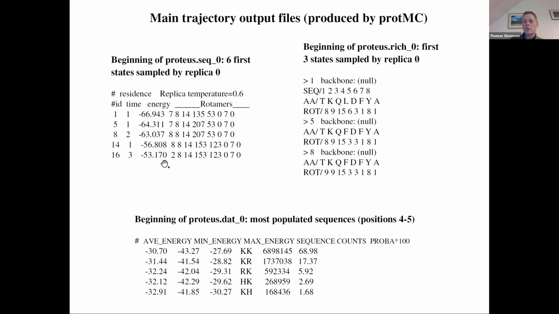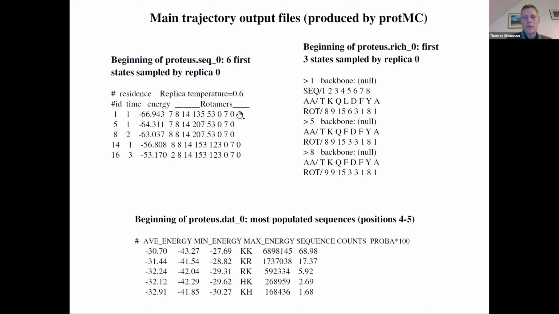So these would be files you would compress rapidly or trim rapidly, and just filter based on energy, all sorts of things you can do with these files, but they start their life out as ASCII files. You've got an identifier for the Monte Carlo step, a residence time, how long the simulation, or this particular replica, spent in the corresponding conformation. You've got an instantaneous energy for this particular replica, and then you've got rotamers.